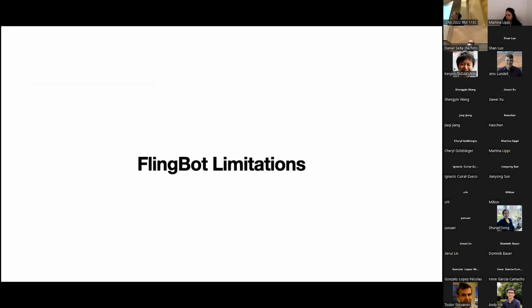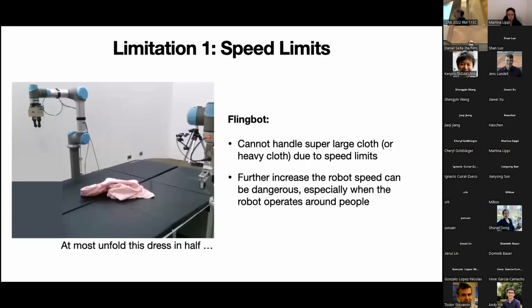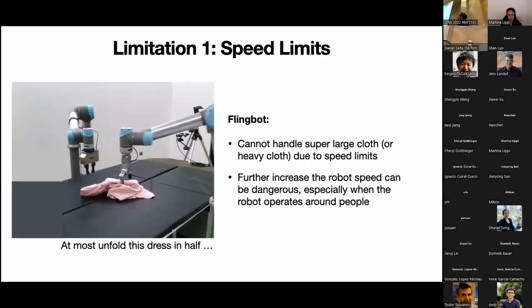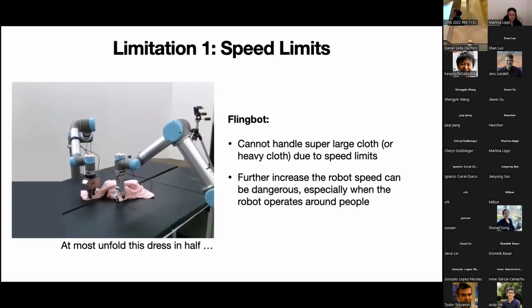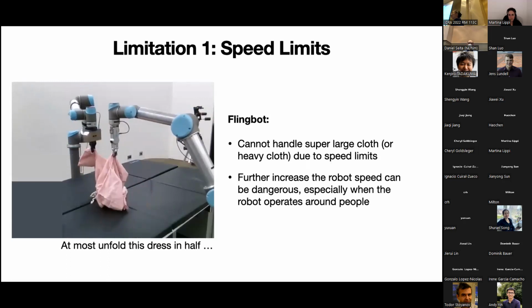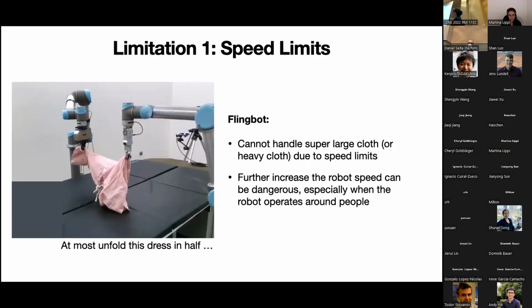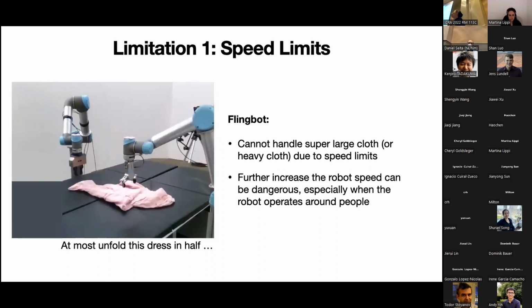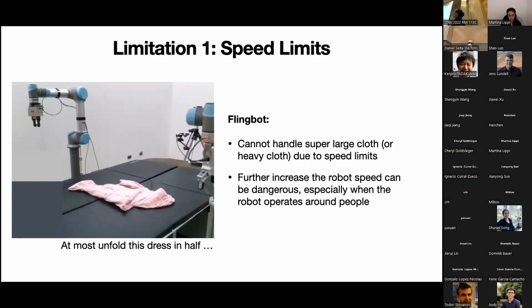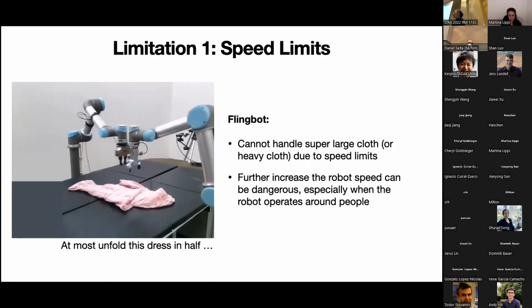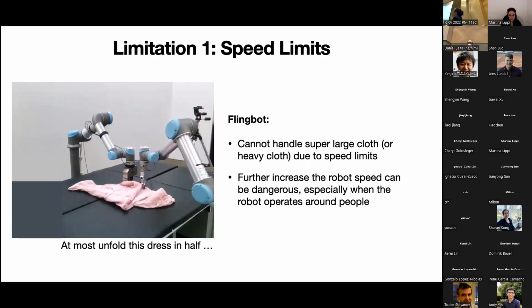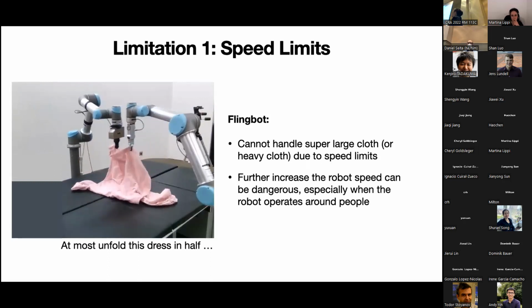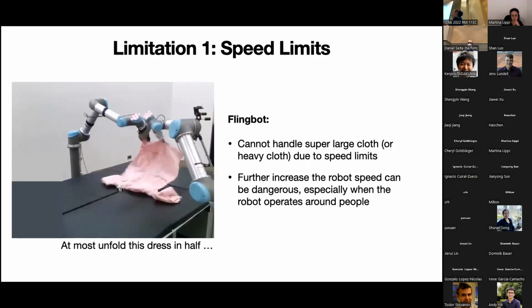But of course, I don't want to give you the wrong impression that Flimba is able to solve all the cloth unfolding tasks, which is obviously not true. One of the typical limitations, a failure case for Flimba, is that when the cloth gets significantly larger or heavier, the system cannot produce sufficient speed to fully unfold the cloth. For example, here the system is trying to handle a long dress, and no matter how many times you try, because of the speed limit of the robot, it's never able to fully unfold